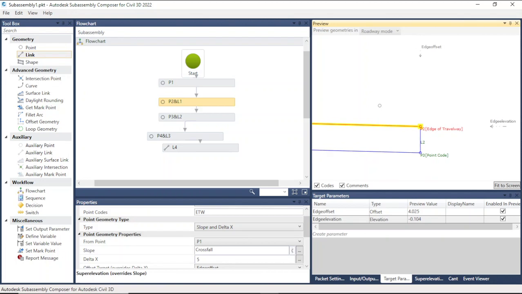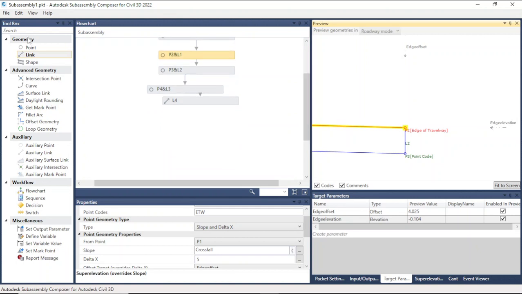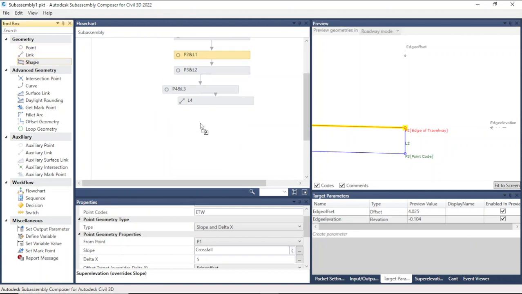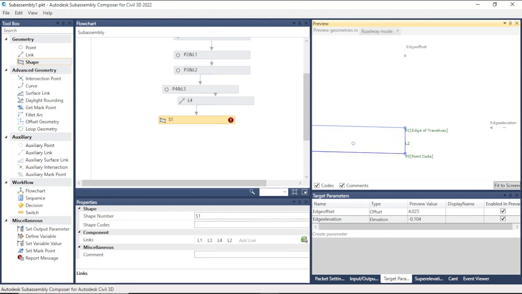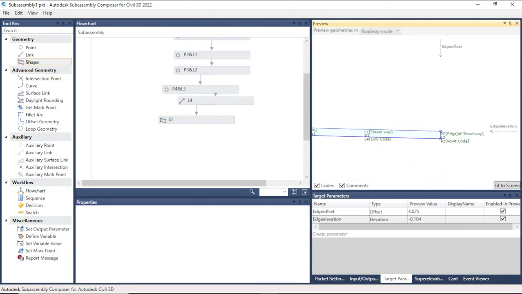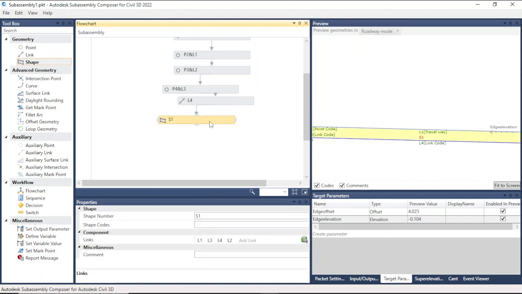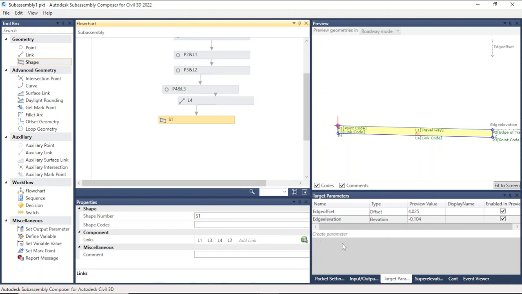So after that, now we need to create a curb, but maybe before we create a curb, we can just complete this one by filling in a shape. So this one we just copy, we just put it there,